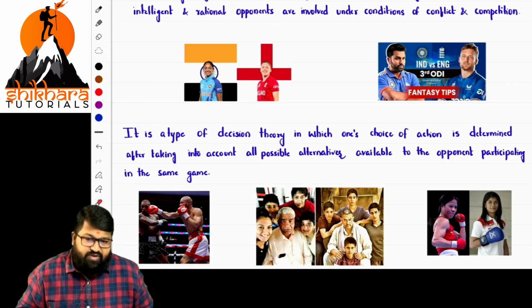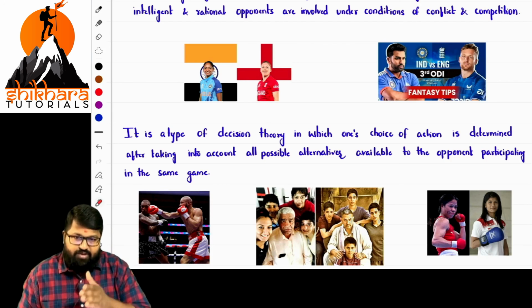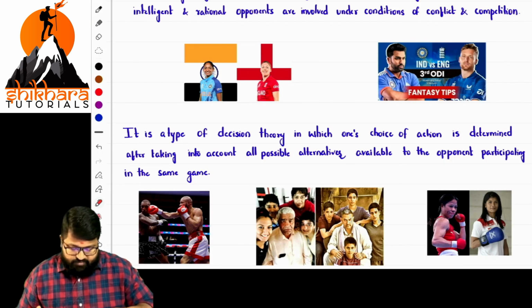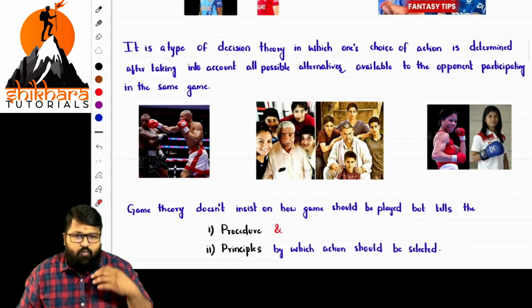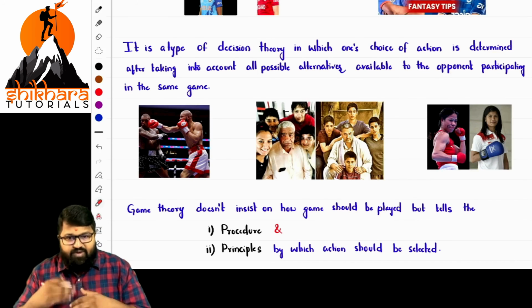Even in the case of cricket, what is the order of the players coming in? Based on that, our bowling also will be changing. Even in the case of boxing, what about the other guy, the opponent? What are his strengths? What are his weaknesses? We make some sort of assessment, and based on that assessment, we move on a strategy.